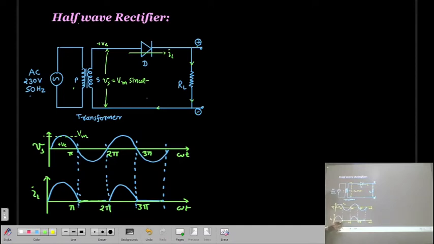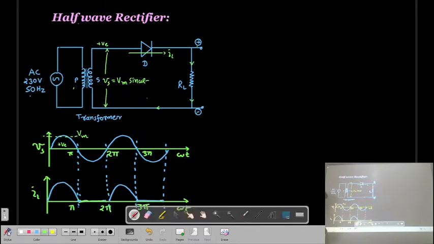Now here we have seen that the output current is not a pure DC current, because in DC current the magnitude will remain constant. Here this current goes on increasing, then decreasing, becomes 0, again increases, decreases, becomes 0. So it has some characteristics of an AC voltage. But this current is not changing direction. It is not going from positive to negative. Correct? So it has a characteristic of DC.